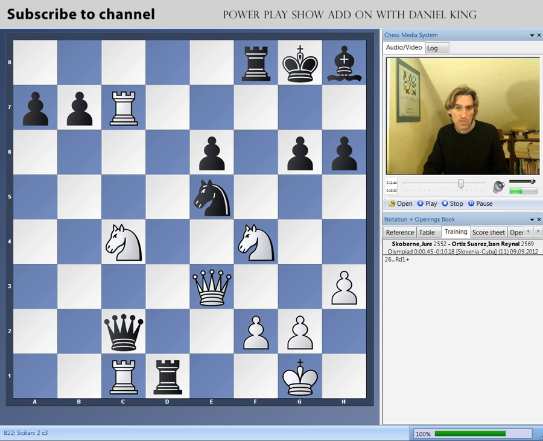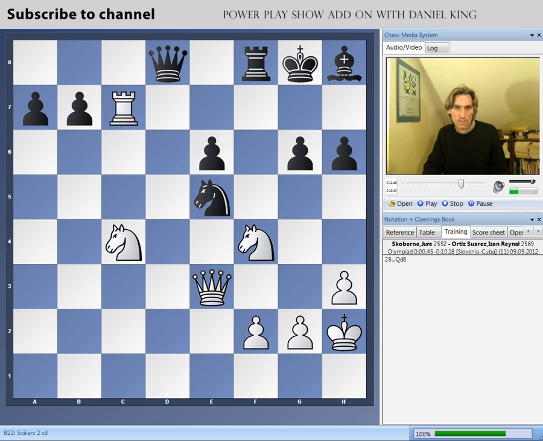Okay, black exchanges, and the queen comes back. Now, it looks like a pretty desperate defense, but actually black is alright here. So we're threatening the rook, and let's say rook takes, and now the queen counterattacks. I mean, this queen is just doing sterling work. It really is. The way it's bouncing around the board,